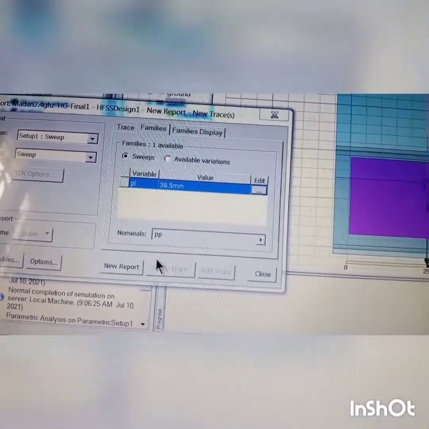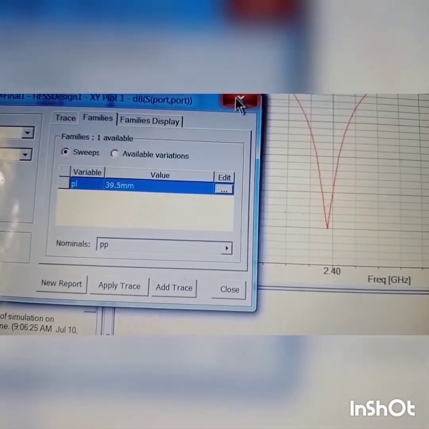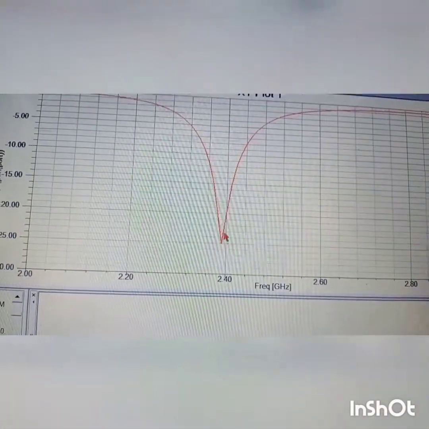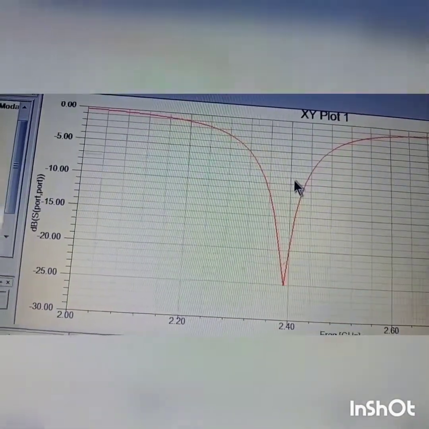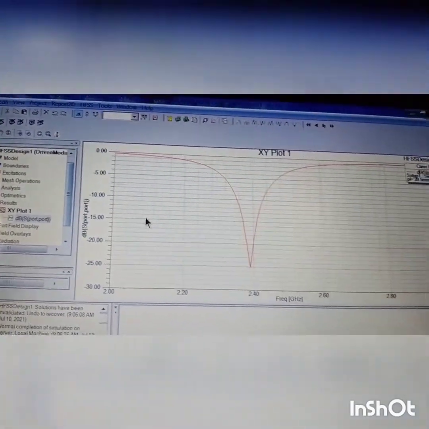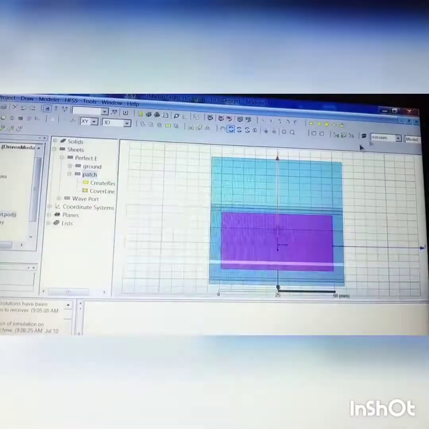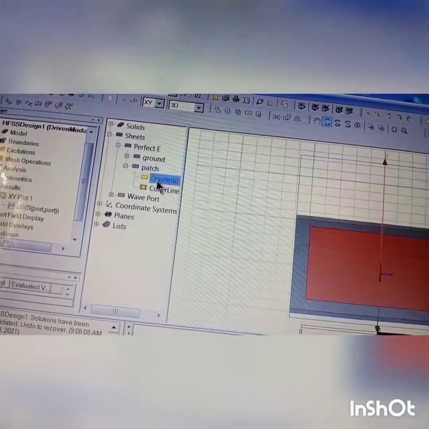Otherwise I'll again get all the results. Now see how S11 is. See, exactly at 2.4 it is coming, and it is at 10 dB almost. We got a good amount of bandwidth also. It is the best result. So like this you have to decide which parameter should be optimized. This way you can get your optimum design that can be used as the final configuration of your microstrip patch antenna. I hope you understood this whole discussion.